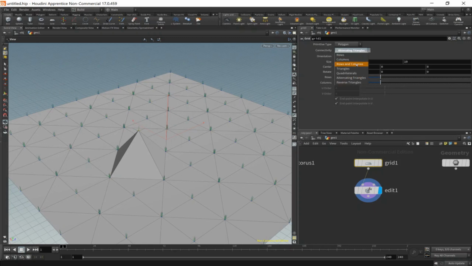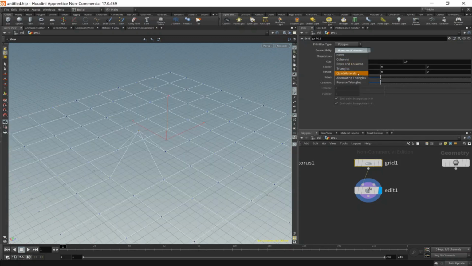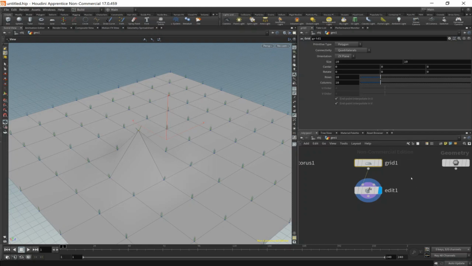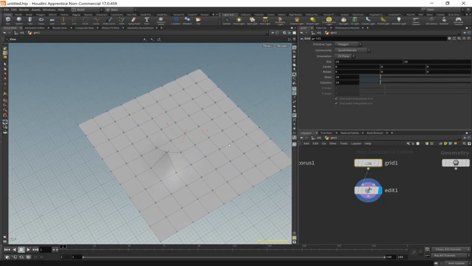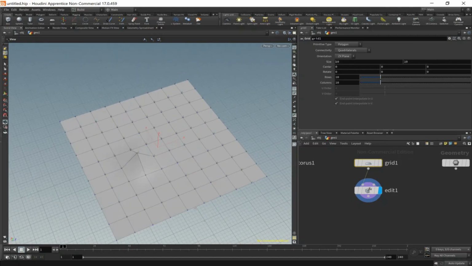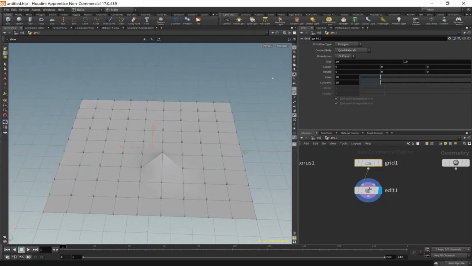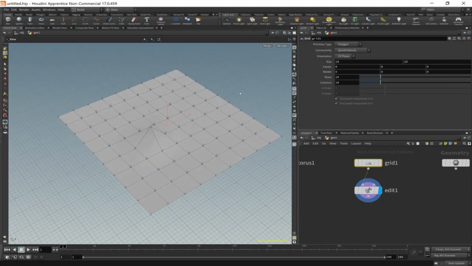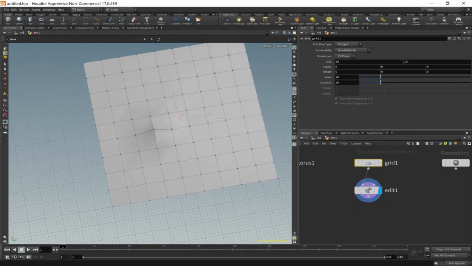Now I'm going to switch back to quadrilaterals, and I'm going to show you a handy way of keeping the density of your grid consistent. So here we're going to be referencing values from one set of dialog boxes into another. This is something that I'm doing constantly within Houdini. When I first started using it, I saw this as a fairly specialized thing to do, and I've since realized that it's absolutely core to the way Houdini works. So I'm going to be showing you lots of ways of doing this so you get used to it, and